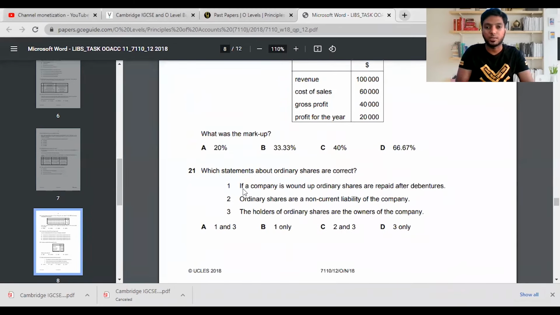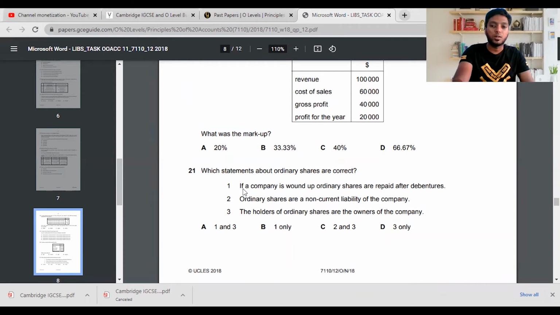You need to understand what is an ordinary share. Ordinary share is a type of share which is given to the owners of the company. Whenever a person is investing in an ordinary share, he is known as the owner, and the shareholder has the right to earn a loss as well as a profit. And when the company is earning a lot, the owner will be getting a lot, and when the company is not performing better, the owner bears the losses.